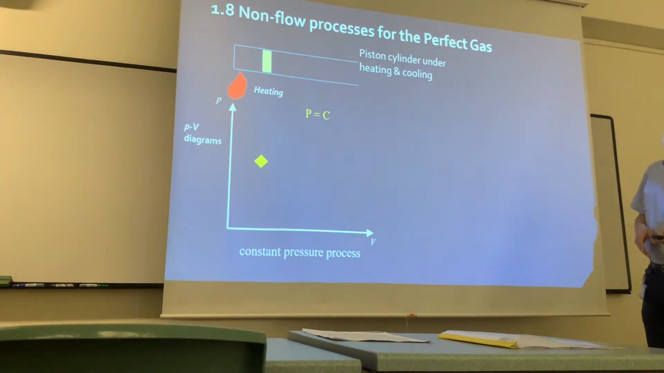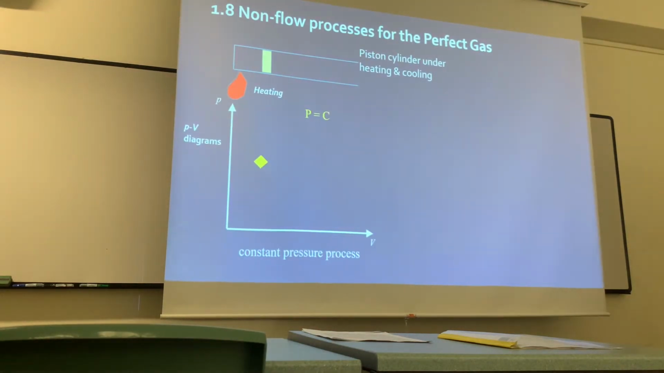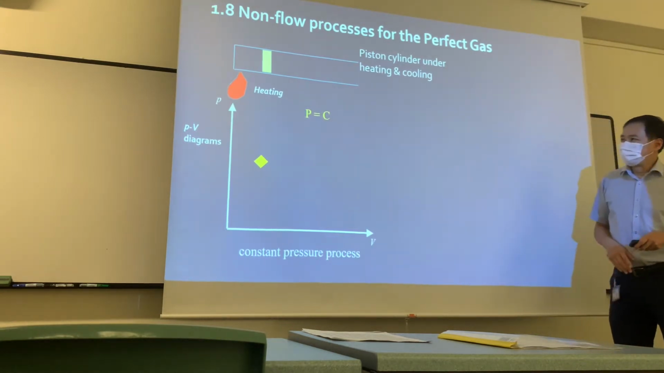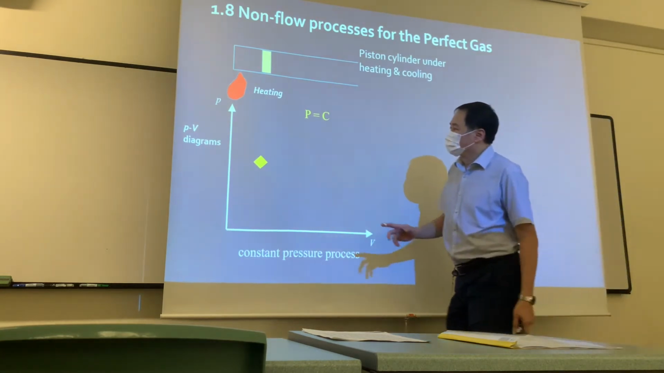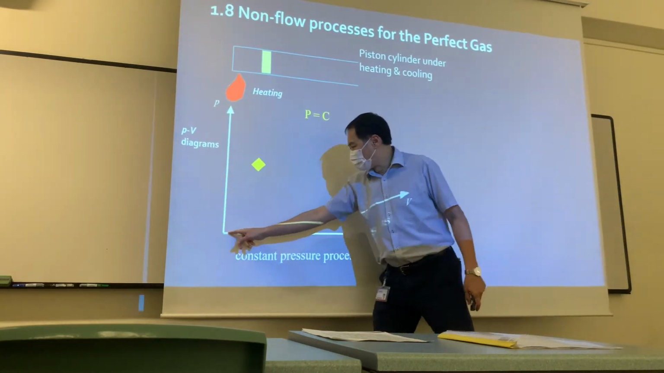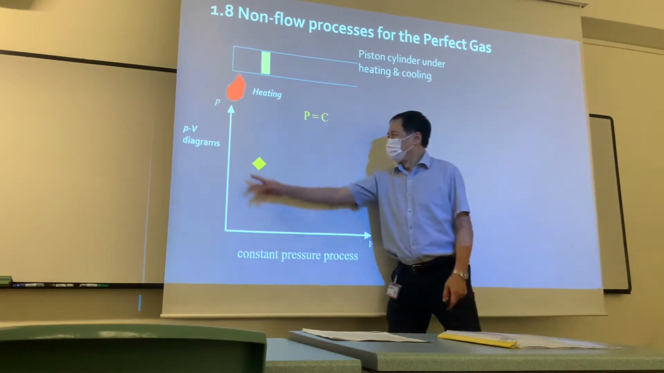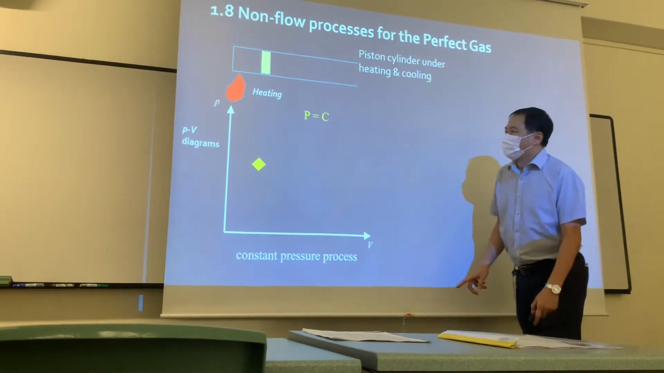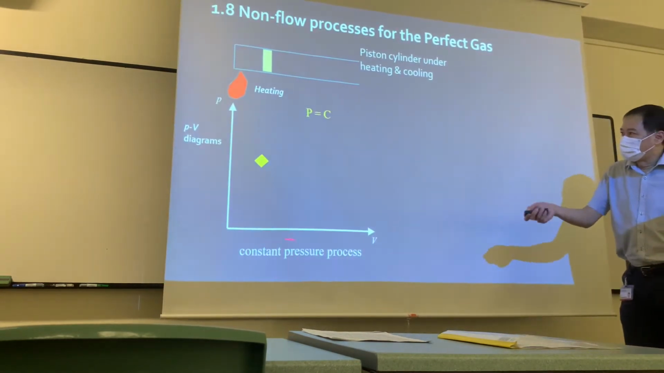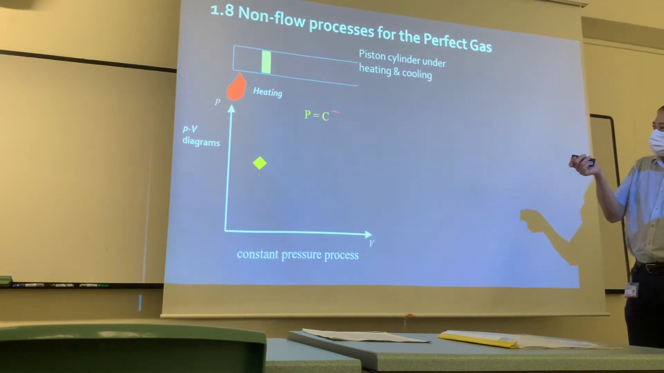Okay, PV diagram, very important. You need to learn, you need to recall. You learned it before, it's not new. What is a PV diagram? PV diagram stands for pressure volume diagram. So when I plot a PV diagram for a process like this, which is a constant pressure process,